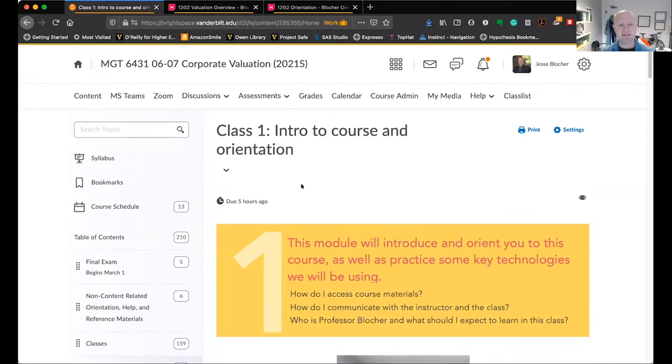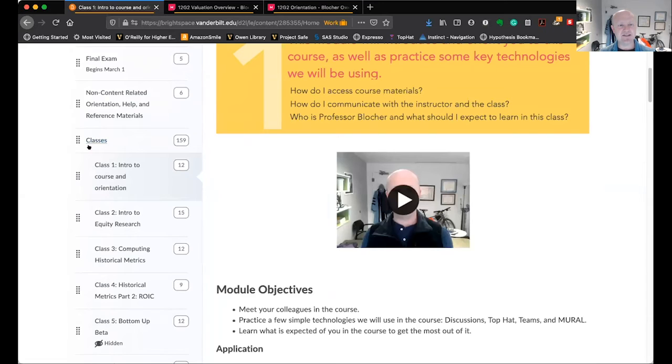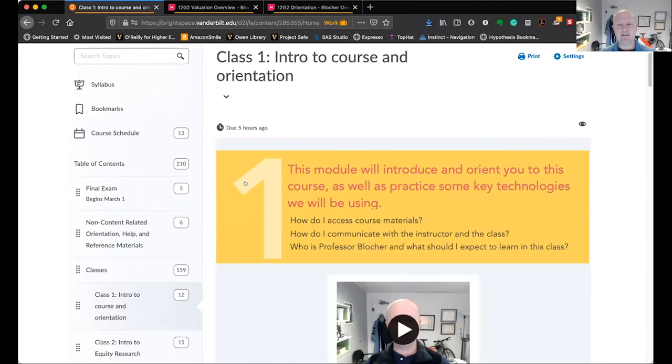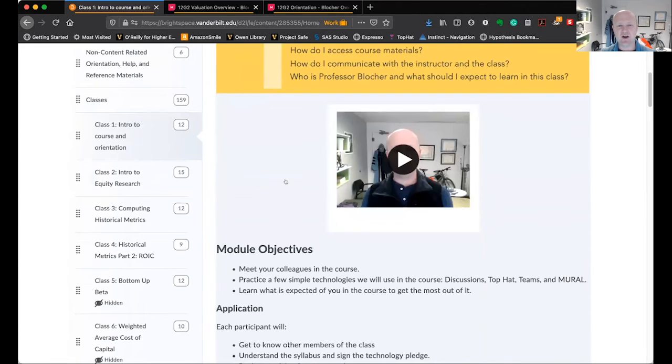This is the same course that I was talking about that I ran at 12 o'clock today. It's my corporate valuation course. And you can see here on the left-hand side, I literally have a section that says classes, and here is class 1. And then here we are right here in class 1. And I totally copied this from the OCDI, right? So here's what we're doing this module. Here's a little video entry